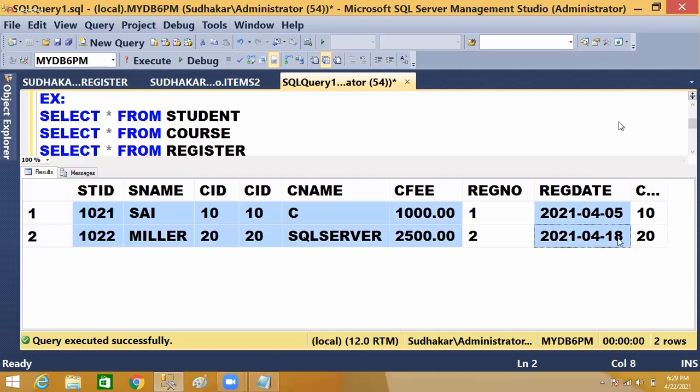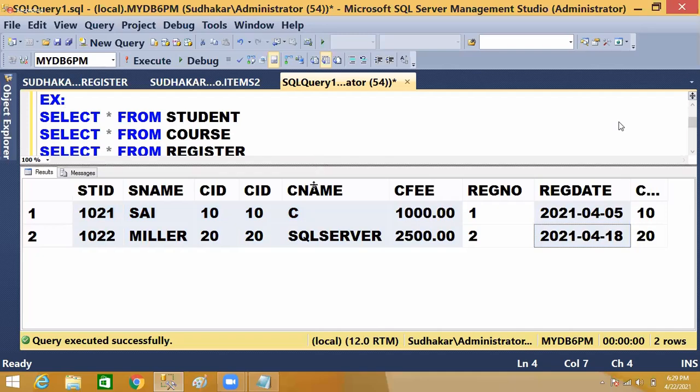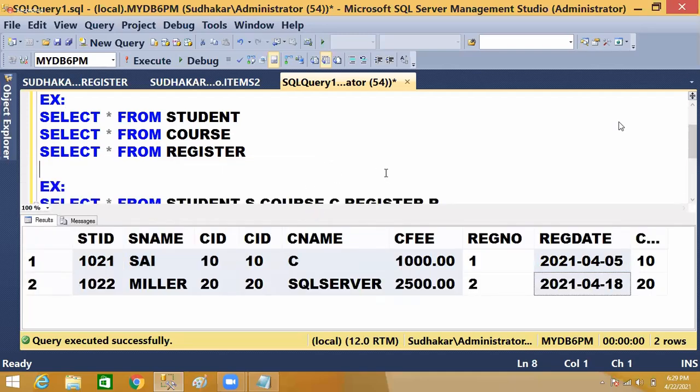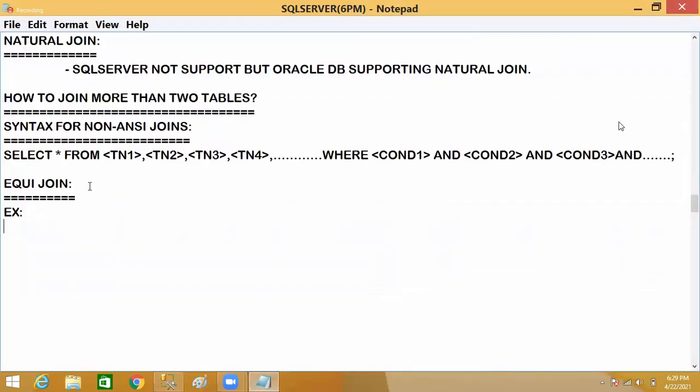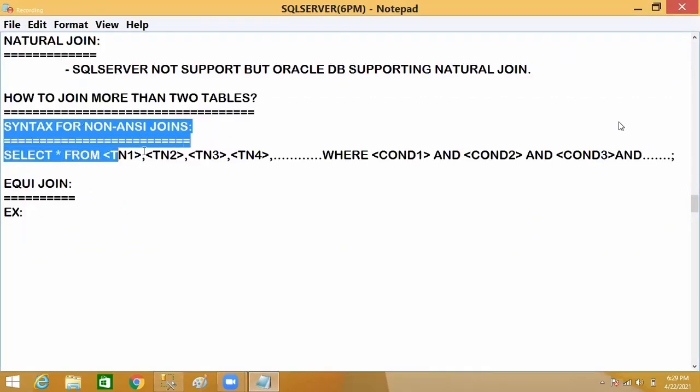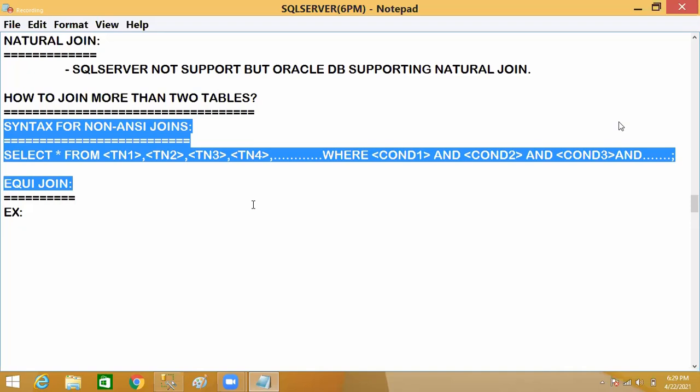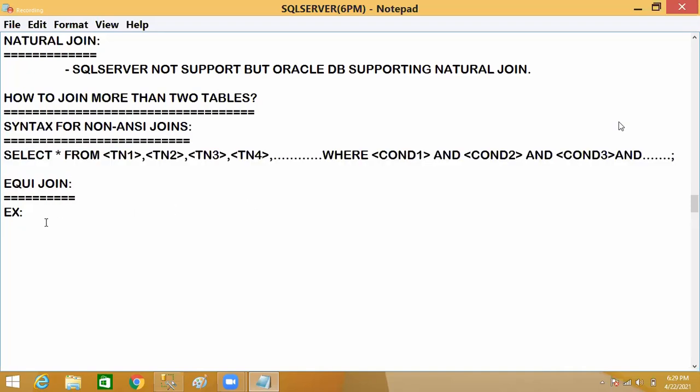So like this, we can join more than two tables with the same syntax. It's just logic. If you understand the syntax, it will work simply. Now, in the same pattern,